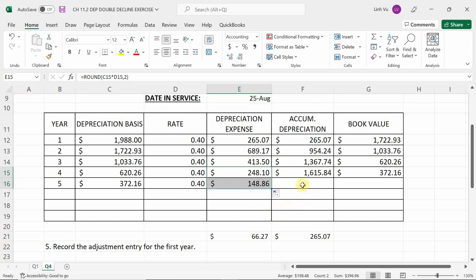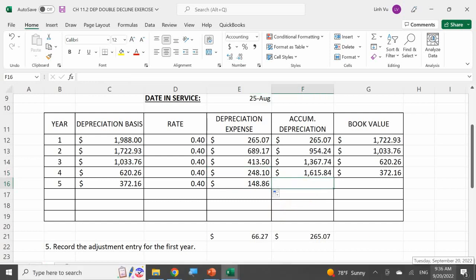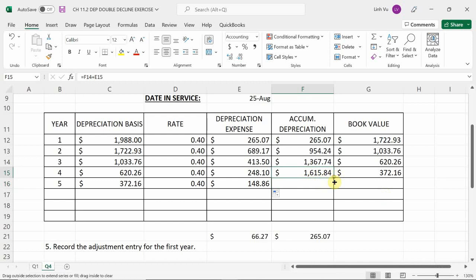Okay. Giving you an accumulated depreciation of $1,764.70. Good. Giving you a book value at the end of year 5 to be